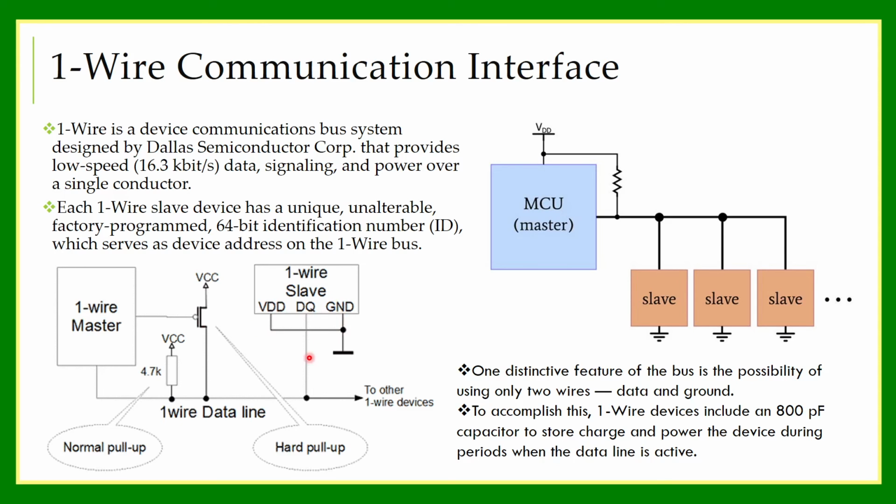So there is only a single wire connecting to the microcontroller, and of course the ground. In this case, we are assuming that this ground is shared with the ground of the master. Otherwise, there won't be any communication. These signals, 1 and 0, 5 volt or 3.3 volt, whatever it is, must be with reference to a ground. So this ground must be shared with the master device or the master microcontroller.